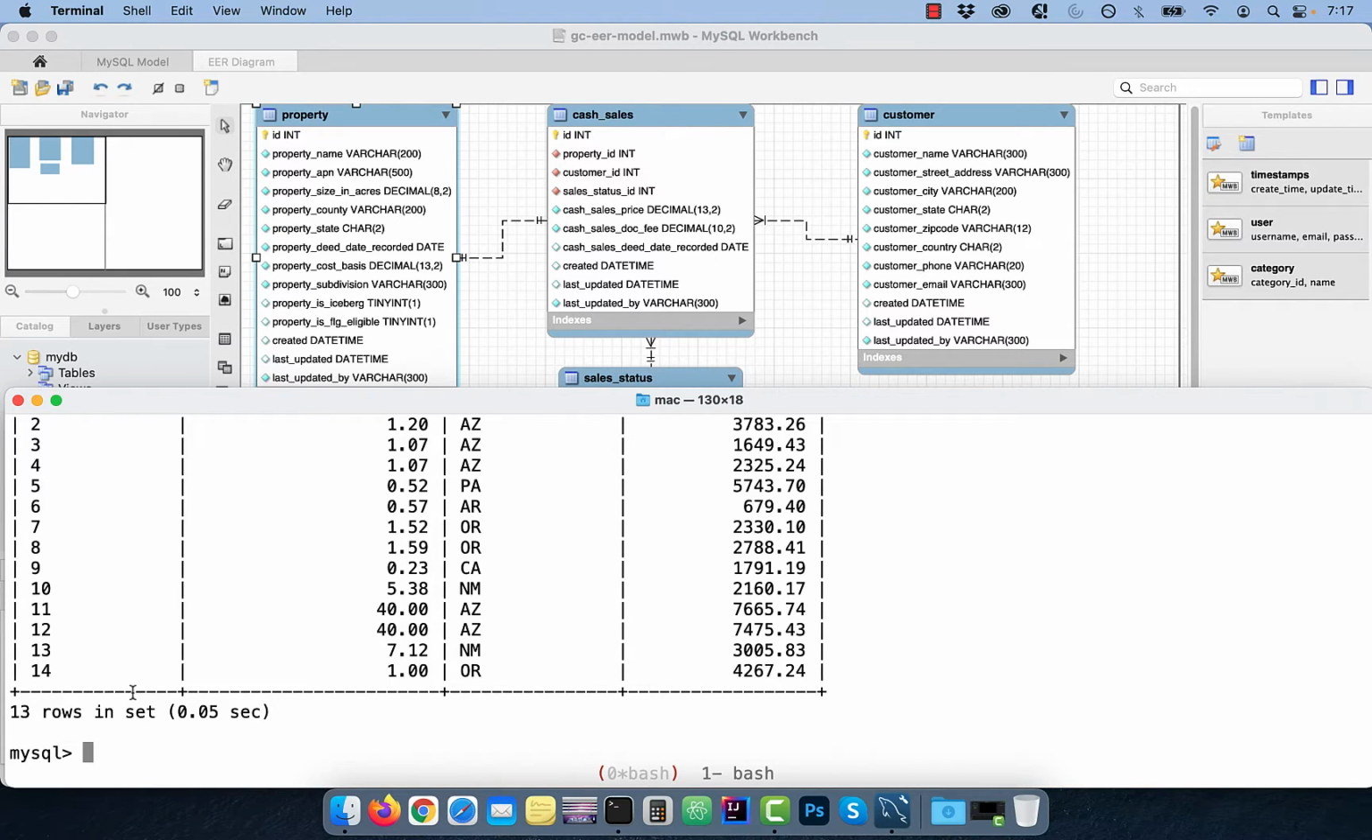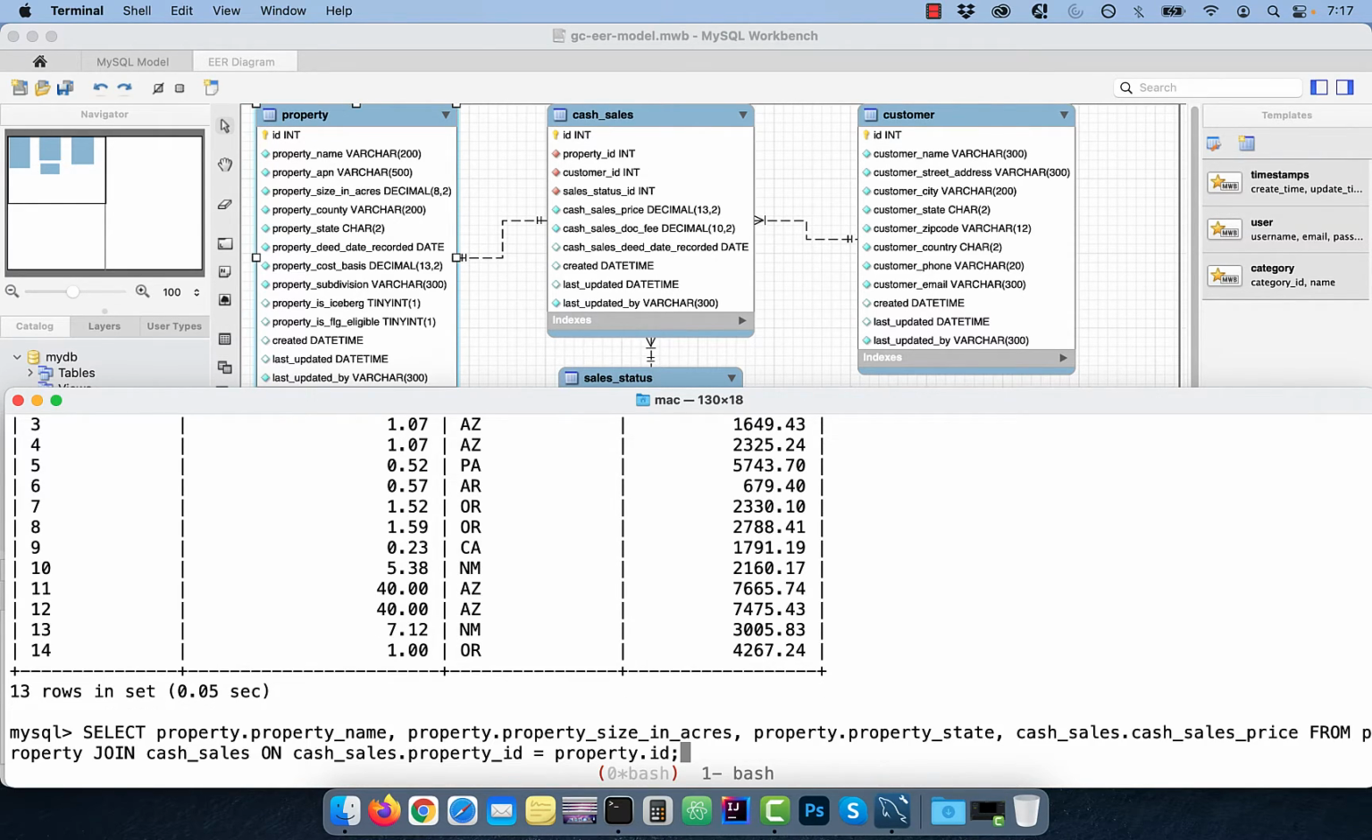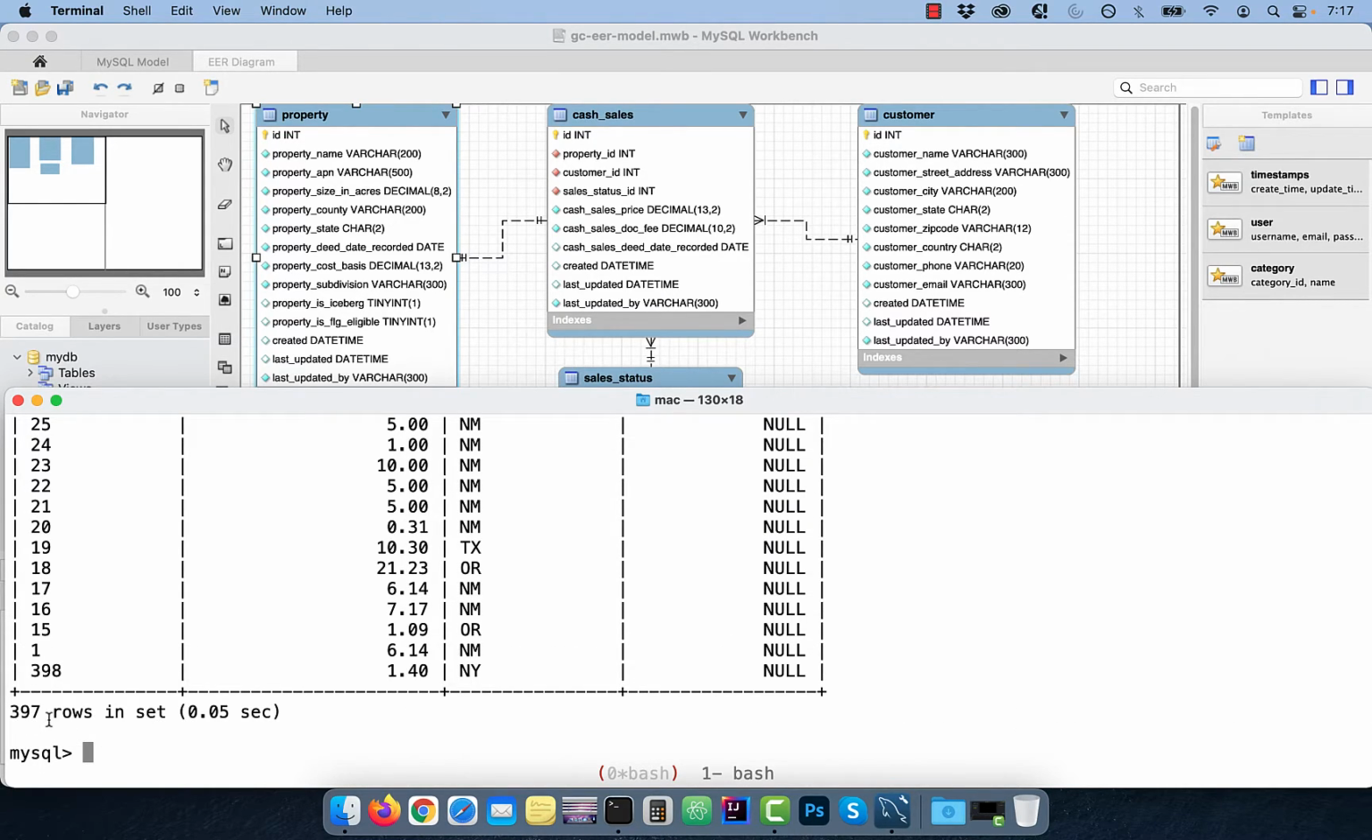However, when using a left or a right join, the ordering matters. Let's look at an example. Say in addition to returning the common values, I also wanted to return all the rows from the left table. To do that, just specify the left keyword in front of the join. Note the left table in this example is the property table because it's specified on the left side of the join. As you can see, 397 rows were returned, which contains the common ID values and all the other rows